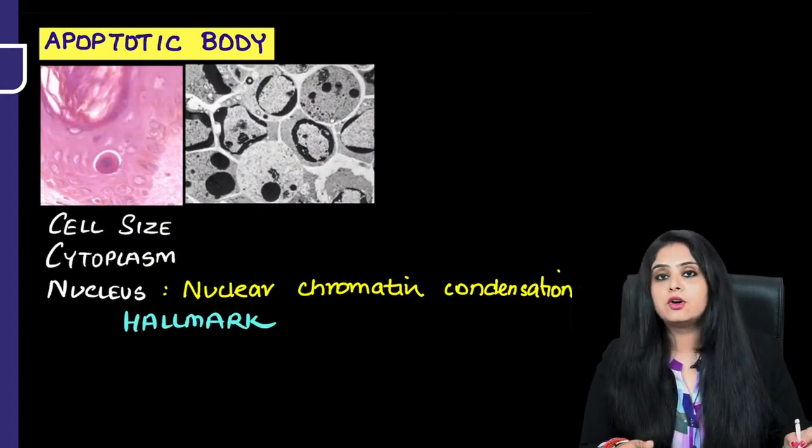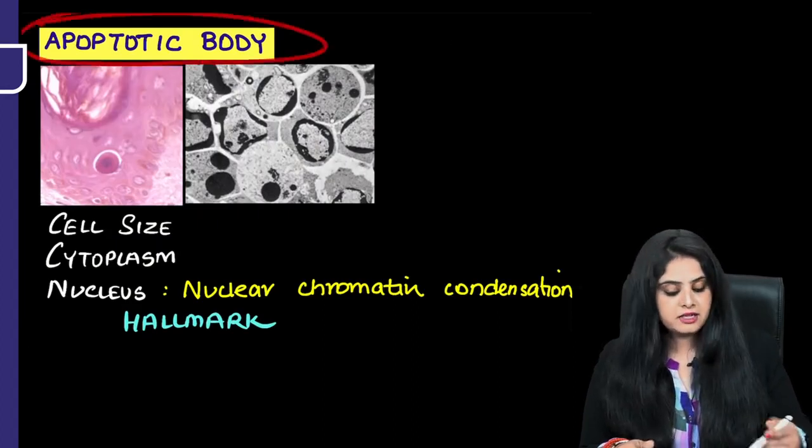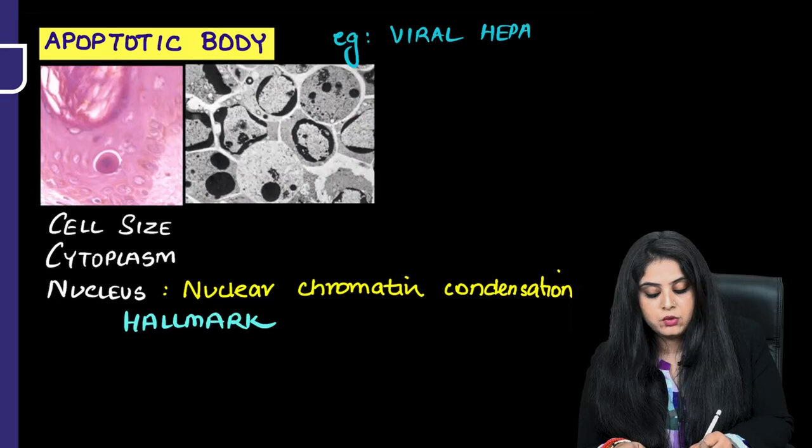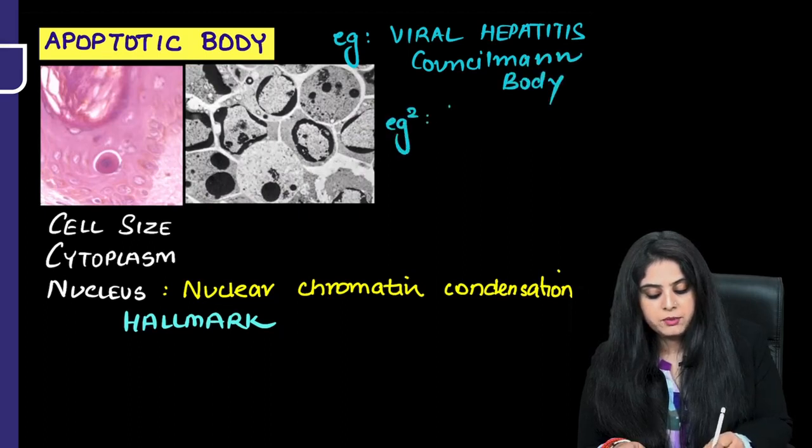Of course, you know I'm going to talk about apoptosis. How do you identify an apoptotic body? If I ask you, give me an example of an apoptotic body that you see in a case of viral hepatitis, you all know that famous body called Councilman bodies. If I ask you one more question, example number 2, a similar apoptotic body that you see in the skin,